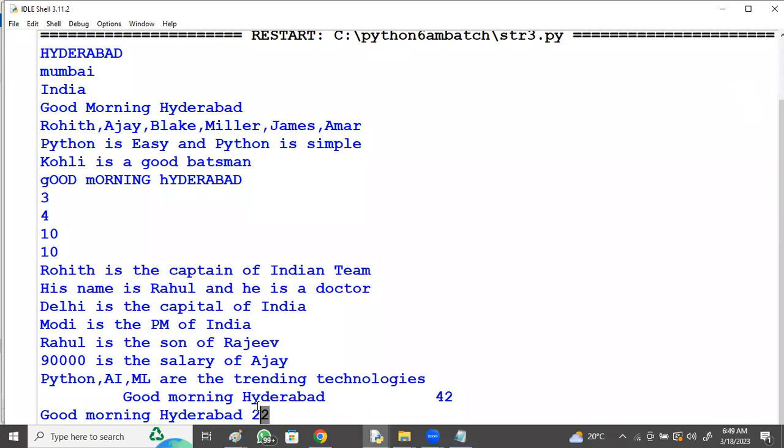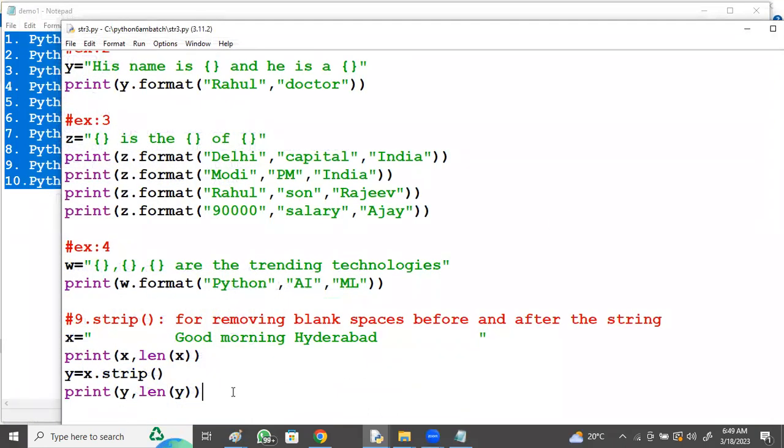That is the strip method. After removing, you can perform indexing, slicing, all this, right? Now,